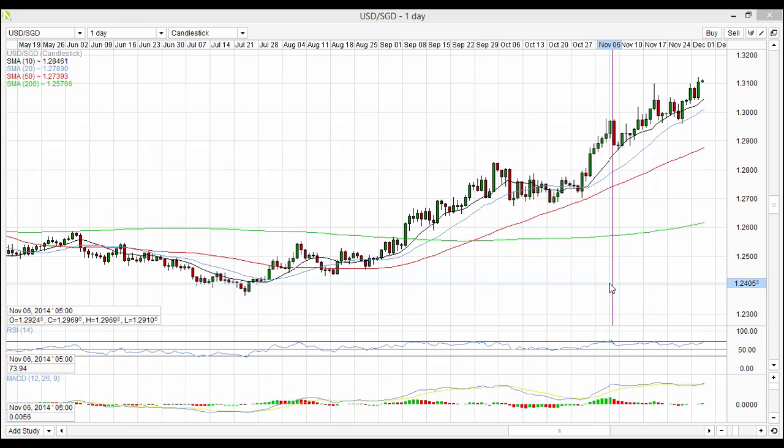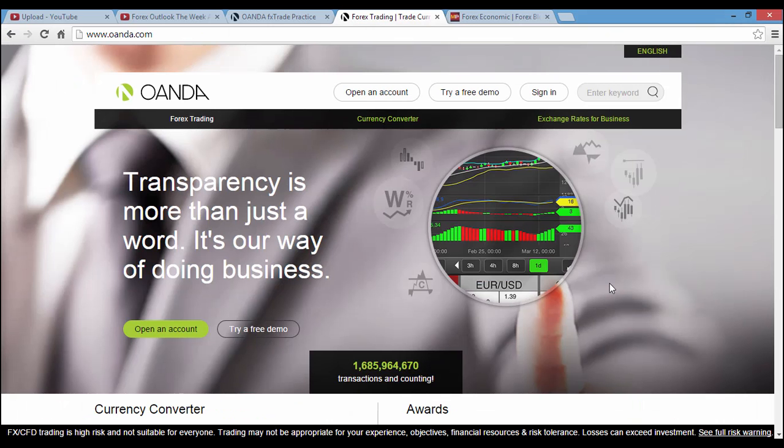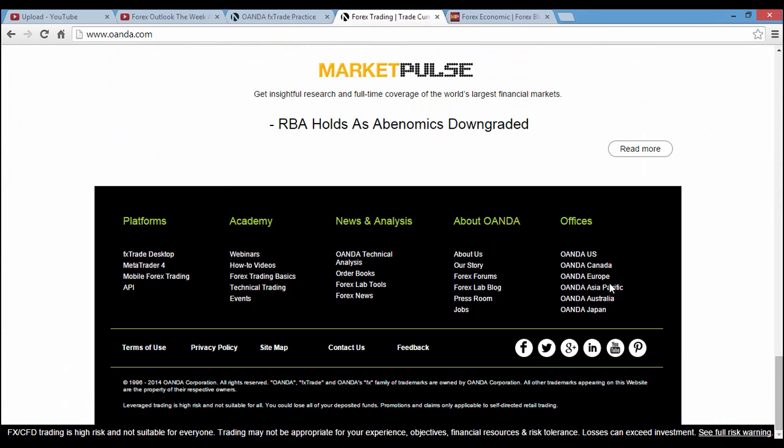Traders tend to pay a lot of attention to big news that tends to move the market. Such big news is non-farm payroll. How do we know which sort of news is about to come and what the importance of that news is? Well, we go into the OANDA website and scroll right to the bottom, and what we can find here is Forex news.